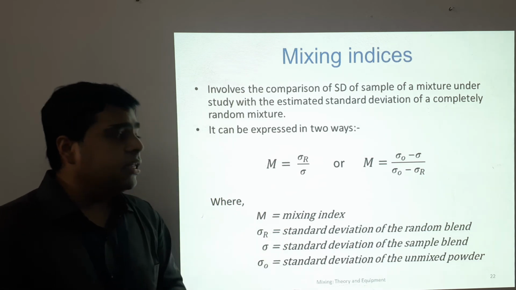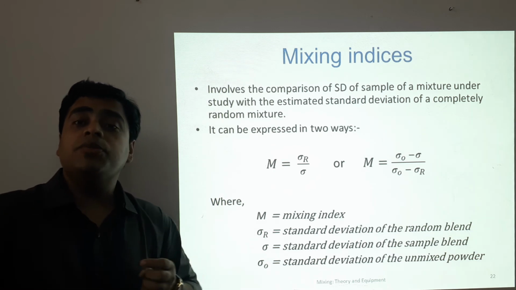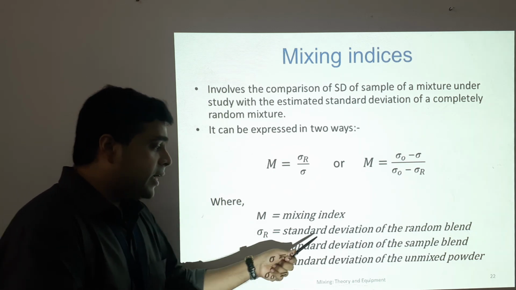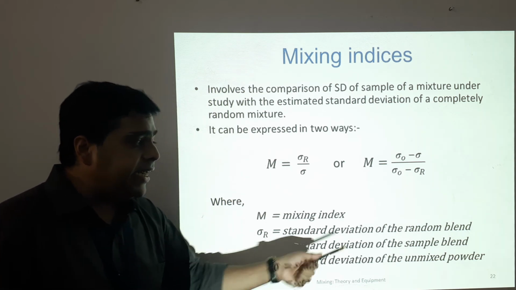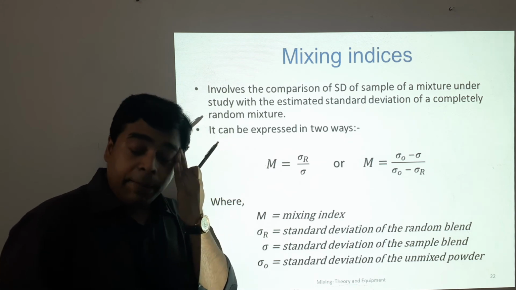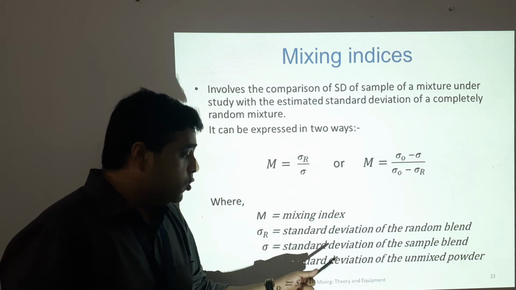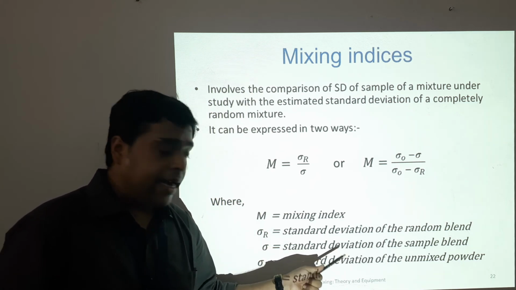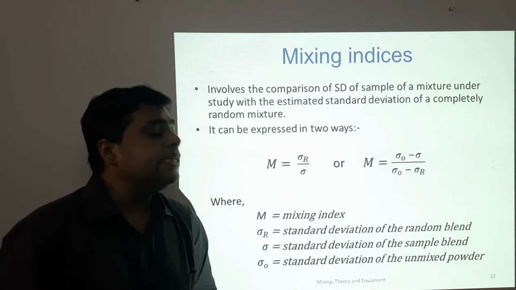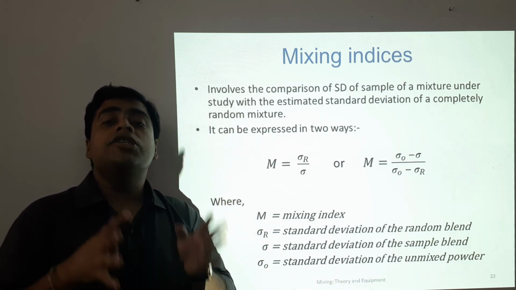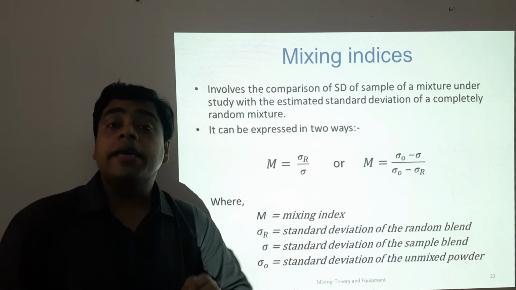This sigma R stands for the standard deviation of the random blend, that is the samples which we are taking randomly. Next, sigma is the standard deviation of the sample blend, the sample which was blended previously when the mixing process had not started. And sigma 0 is the standard deviation of the unmixed powder. So in a simple way, mixing indices must be calculated